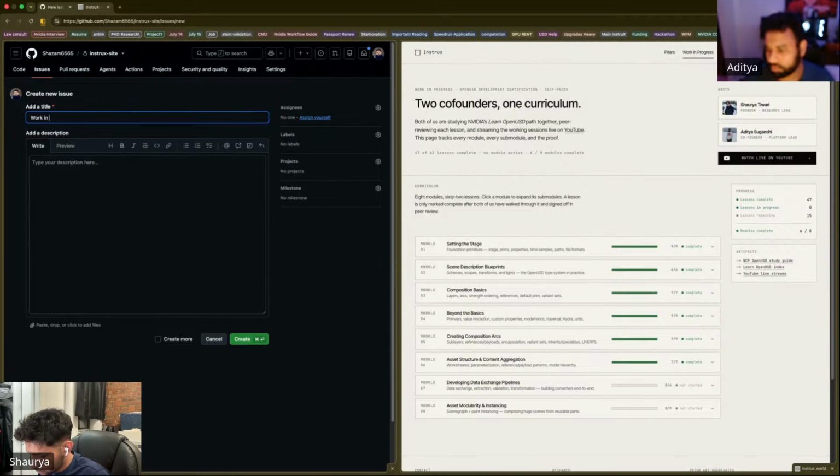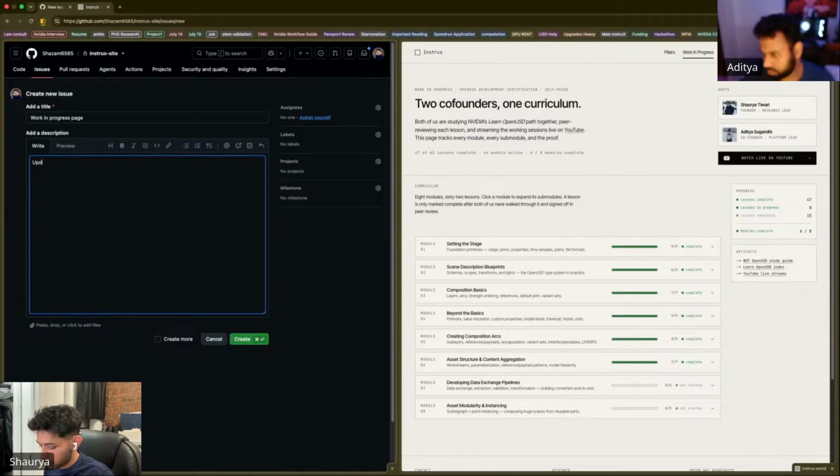So, work in progress page, update the work in progress page to capture the OpenUSD certification completion for both Shaurya and Aditya. Mark all the modules